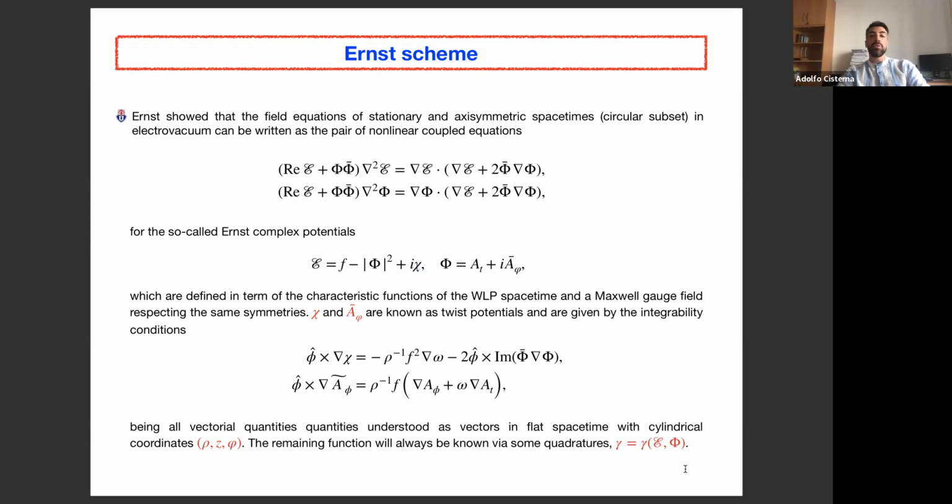Okay? And how do I go from the Ernst formalism to the metric formalism? Well, very simple. If I am dealing with Ernst's equations and I am solving directly these equations here, what I do is that from the form of my complex potentials, I read off back the form of my function f, the form of my gauge potential, and via the twist equations, I find what omega, which is the rotation, and what phi is, which is the magnetic field. This is one way to deal with this, okay?